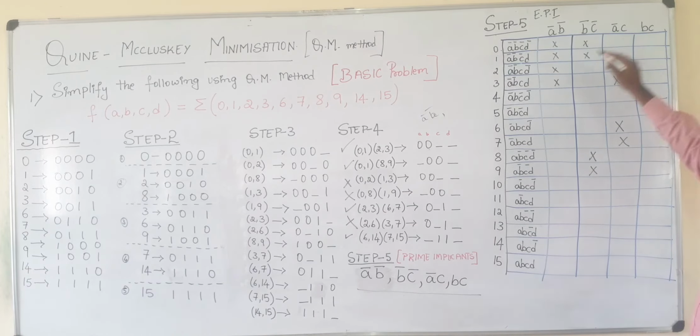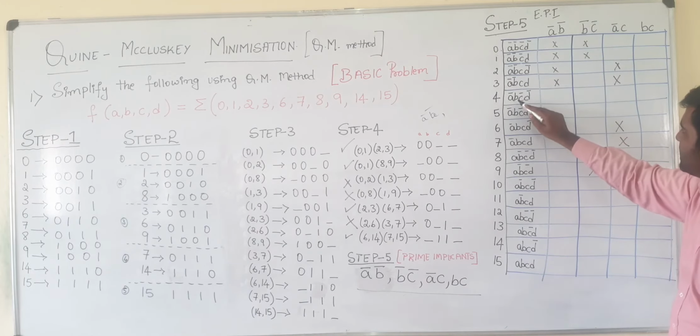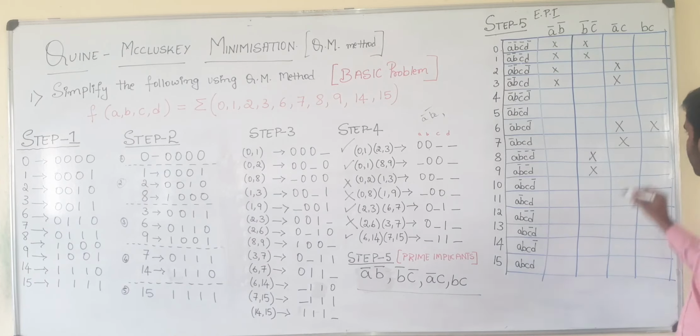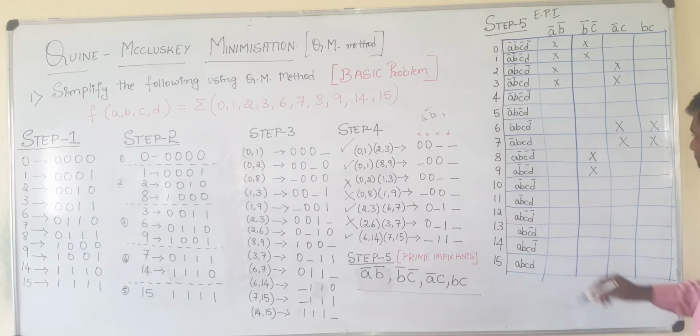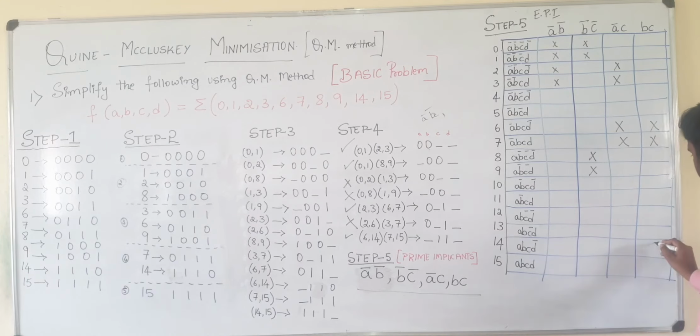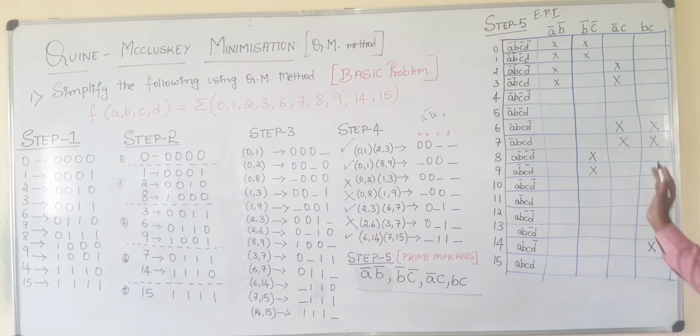Next, I don't have A bar anywhere. B and C: search for B C. B C bar, I don't have. B C, yes, here I am having B C. Here I am having BC, next BC, BC, BC, here I am having BC. Okay, next, in simple terms, after marking all these, please cross verify once and then you start marking.